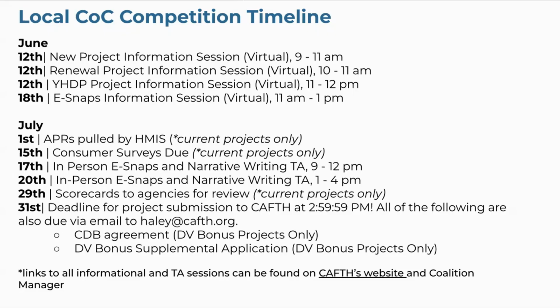On the 29th of July, we have scorecards sent to current projects. That does not apply to new projects. And then the deadline to submit to CAF is 3:00 p.m. on July 31st. There's no exception to that deadline. If you miss that deadline, you will not be included in the project. If you submit your application at 3:01, you will not be included and not be reviewed. There's absolutely no exception to that. So it has to be submitted in eSnaps